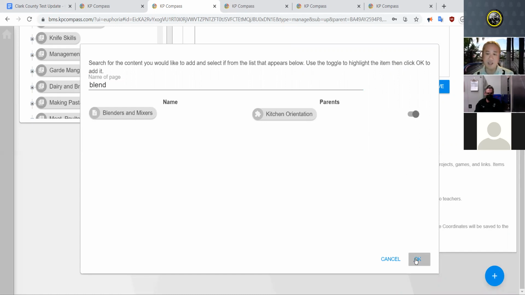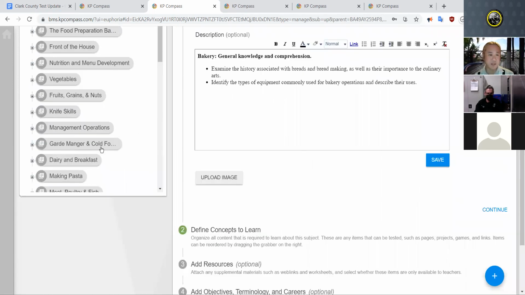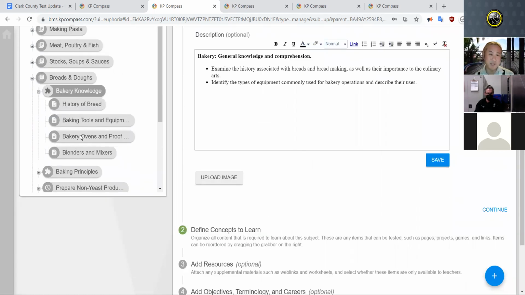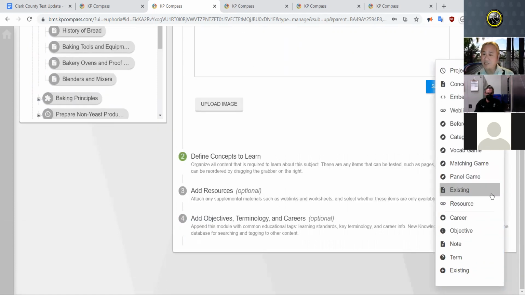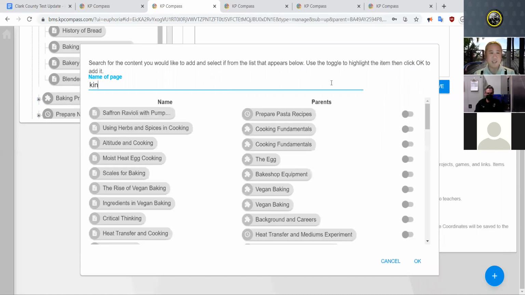Click on that and then hit OK. So that's it. And now blenders and mixers is a part of the pages again, as you can see here. Oh, cool. So Add Existing actually allows you to do lots of things, such as you could say, I want to add